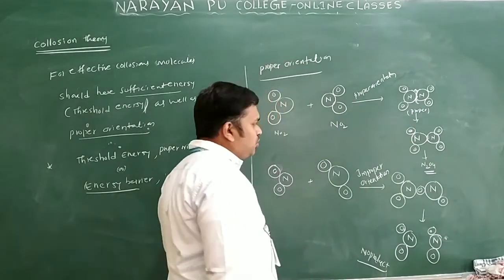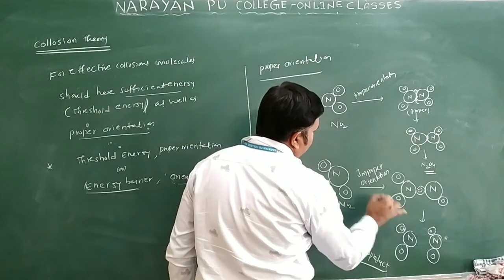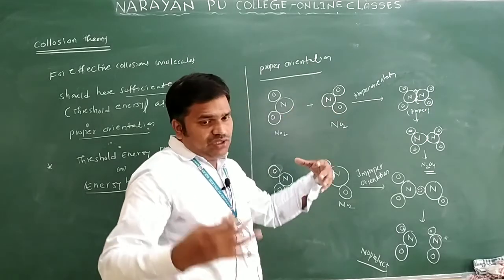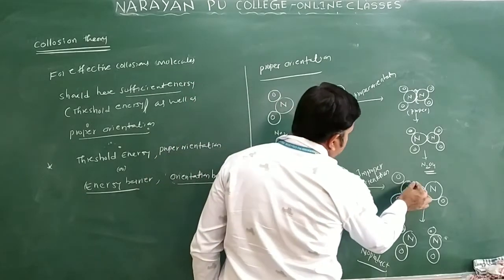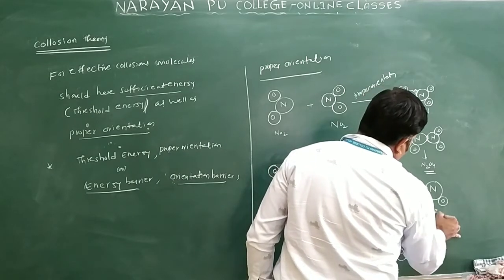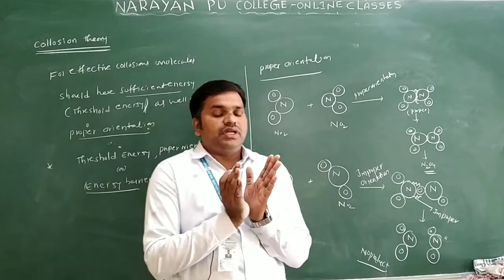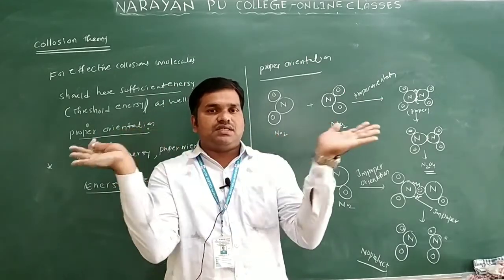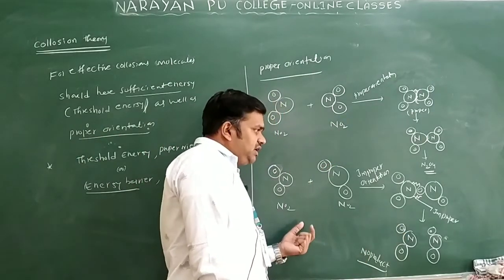Now come to this molecule. NO2, this is NO2 and this is NO2. So they undergo improper orientation here. In the earlier case, nitrogen and nitrogen combine with each other. But in this case, nitrogen and oxygen combine with each other. So this collision will take place. So this is an improper orientation. If the molecules undergo improper orientation, then instead of combining with each other after colliding, they will go far away from each other like this. Whenever they are far away from each other, the NO2 molecule is separated and the other NO2 molecule is separated.